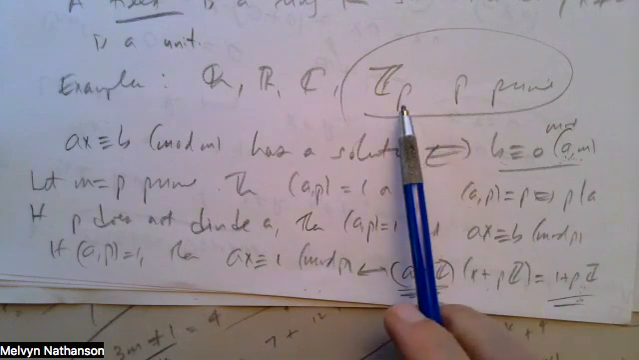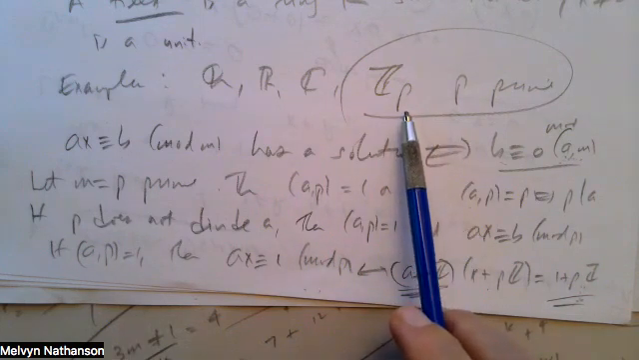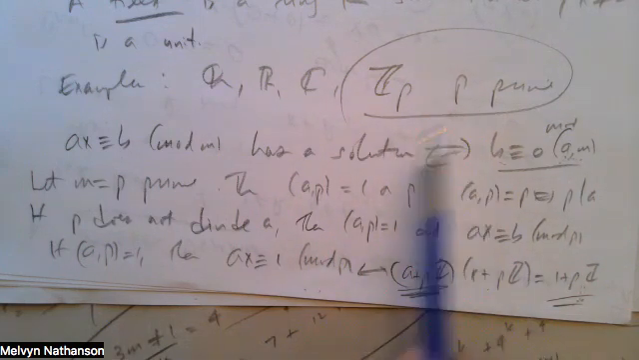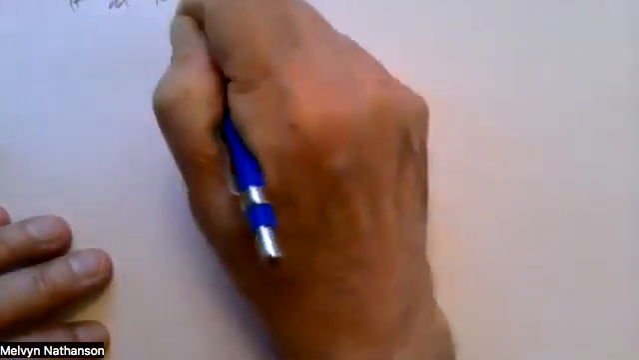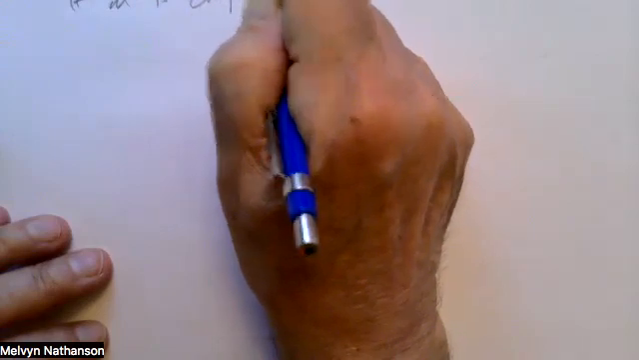And if you have congruence classes mod M, and M is composite, which means not prime, then you don't have a field. So if M is composite, that means M is equal to, let's say, R times S, with R at least 2 and S at least 2,